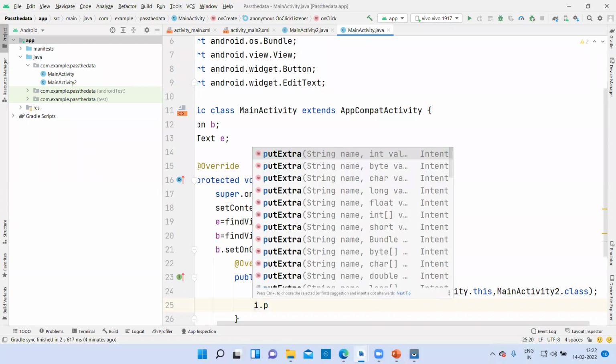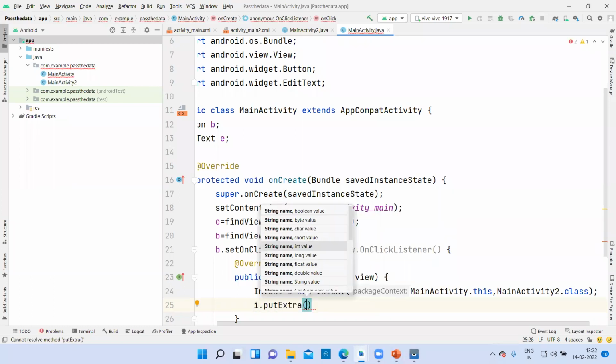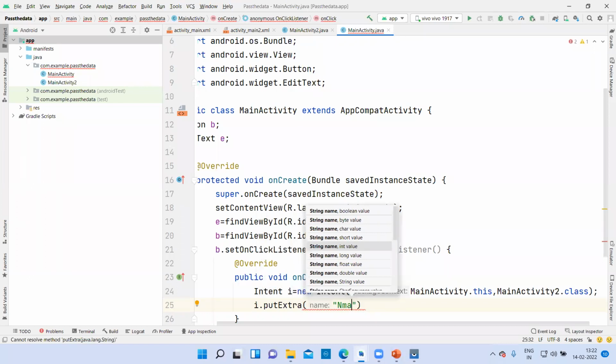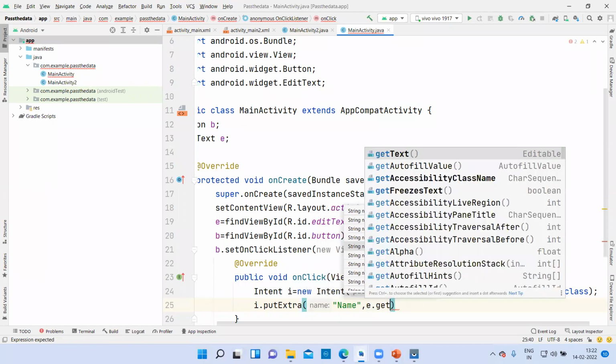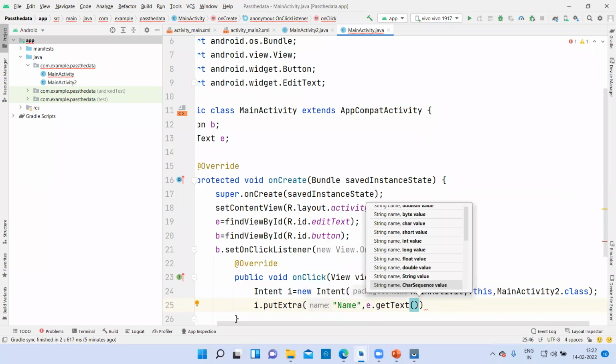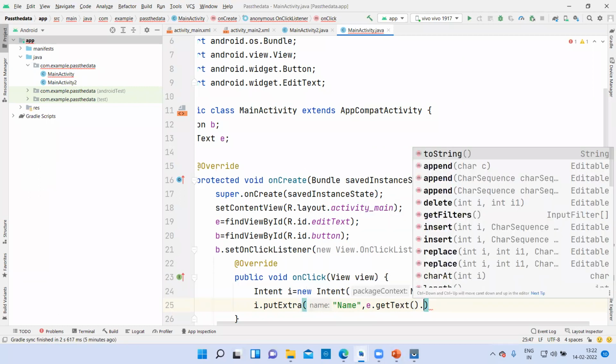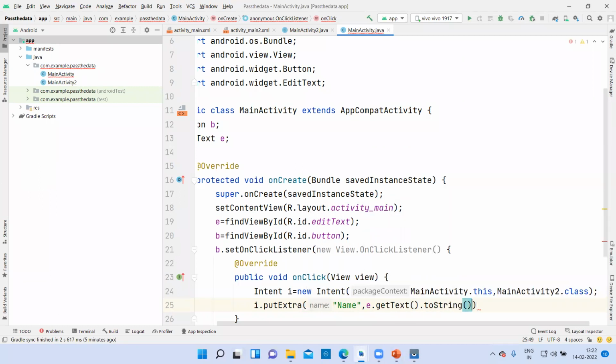Because you are using the putExtra method here, you have to give the key first, that is name. This is the key which is to be there in the double quotes, comma. From where will we get the name? This is the edit text box, dot getText. And you will convert it to string, toString.